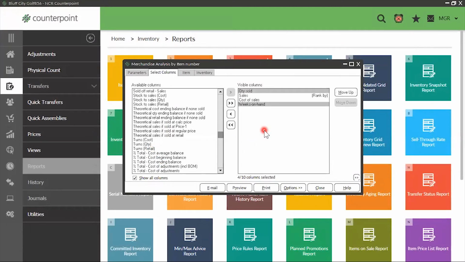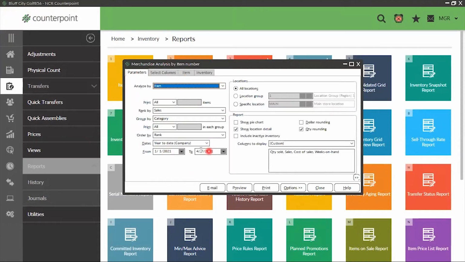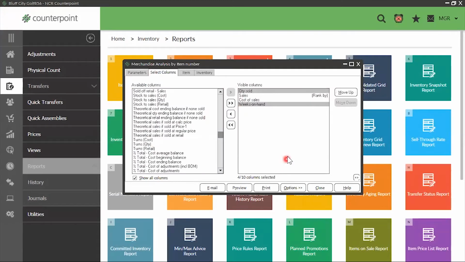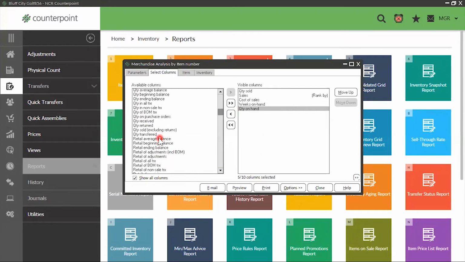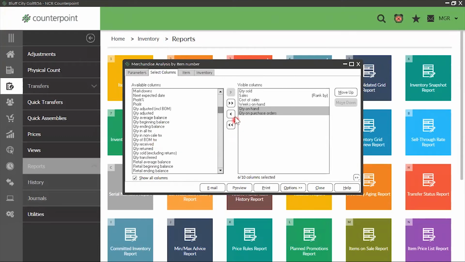All right, so now what I'm asking Counterpoint to do is to analyze the quantity sold in this date range, and based on my rate of sales in that date range and my current quantity on hand, how many weeks on hand do I have? So I need another value called quantity on hand just so I can see what it is. So I'm going to go up here to quantity on hand. I want to mention something about this value. There are two values in here, quantity on hand and quantity on purchase order. So I'm going to get quantity on purchase order. These two values ignore